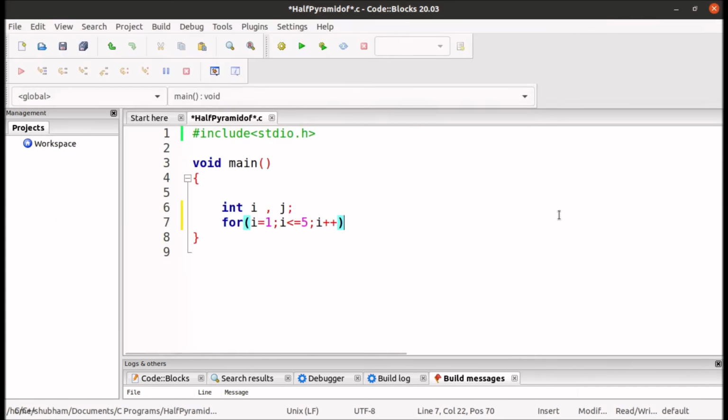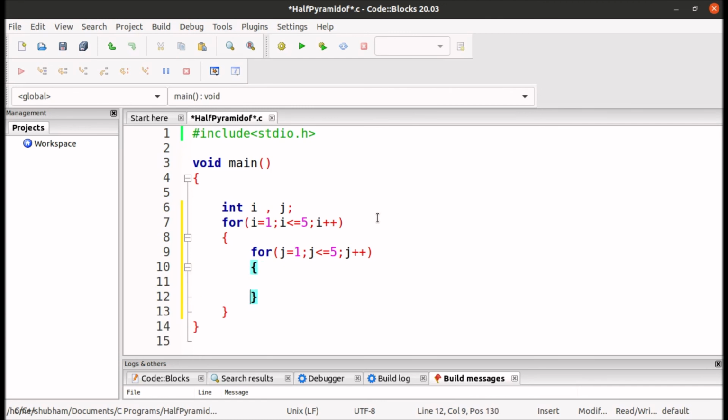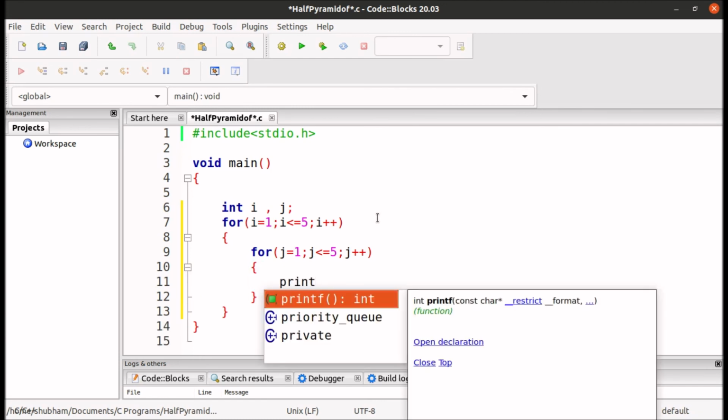And then for j equals 1, j less than equals 5, j plus plus, and we will print a star in this for loop.